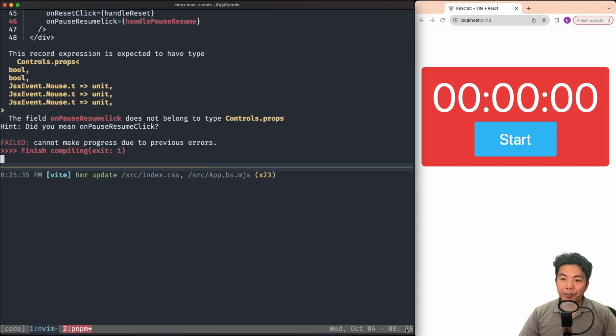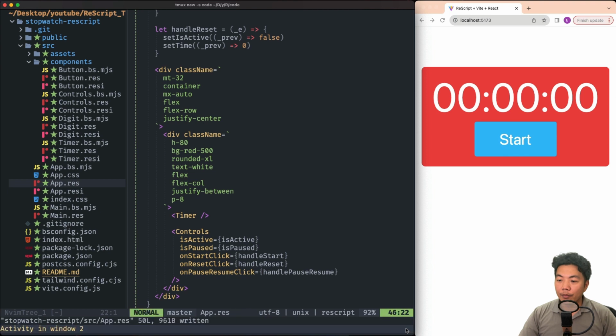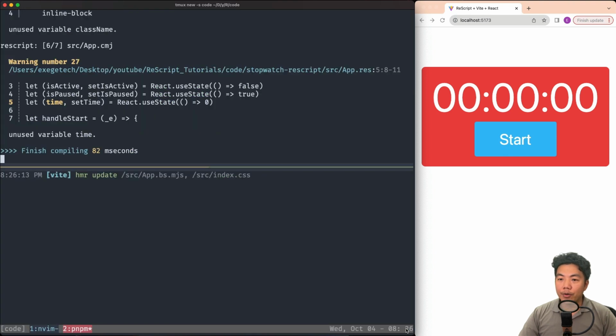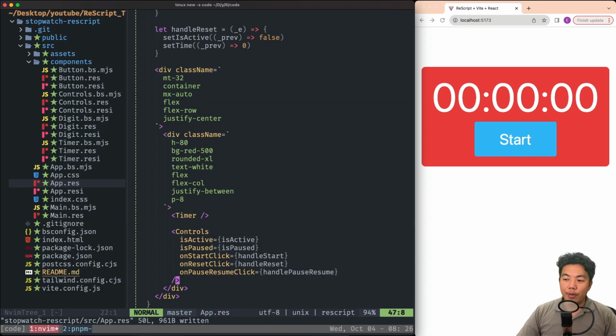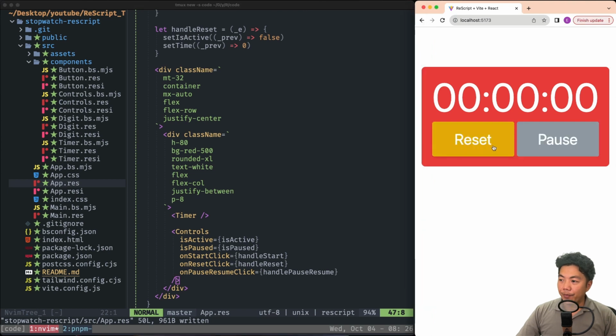That is wrong. Alright, that seems to work. So let's try the button first. Looks like it's working. Hooray!